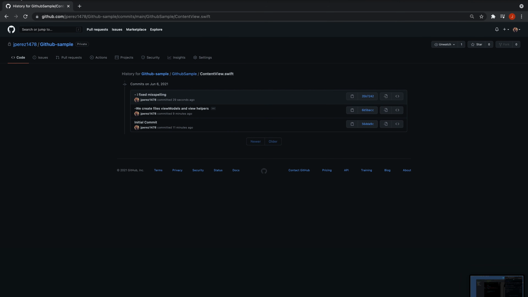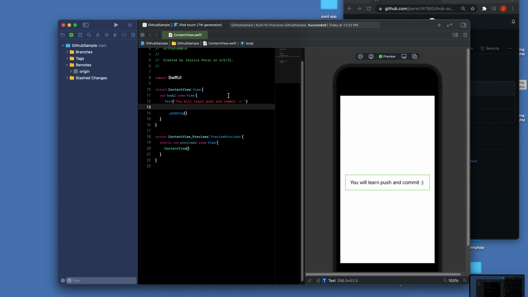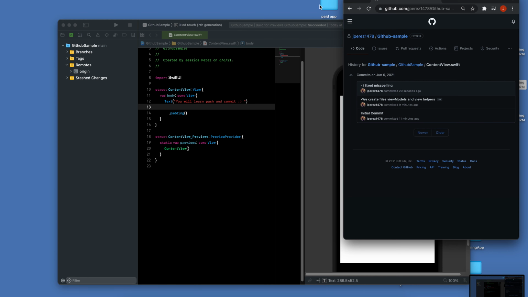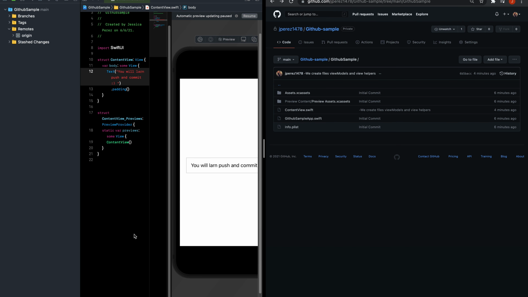GitHub is a very important tool that we will use in our team project. So again, if you have any questions, go ahead and send me a message and I can go a little bit more slowly. But this is a very easy and simple way to add your Xcode project using SwiftUI onto GitHub, from local on your laptop to remote on GitHub. Alright guys, I realized that I misspelled something. This is a very great example of,